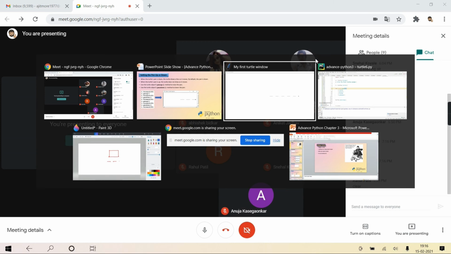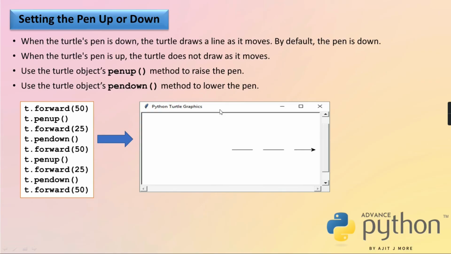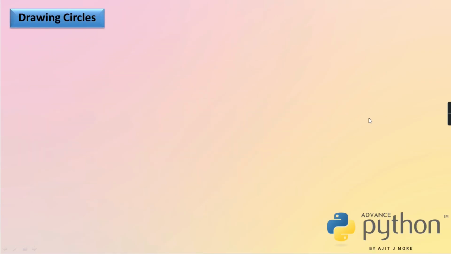Some more concepts we have to see now. Now next is drawing a circle. You can make the turtle move in a circular path. And when it's moving in a circular path, it will again produce a mark. So you'll see a circle getting produced. Okay? So there is a method called circle of your turtle object.